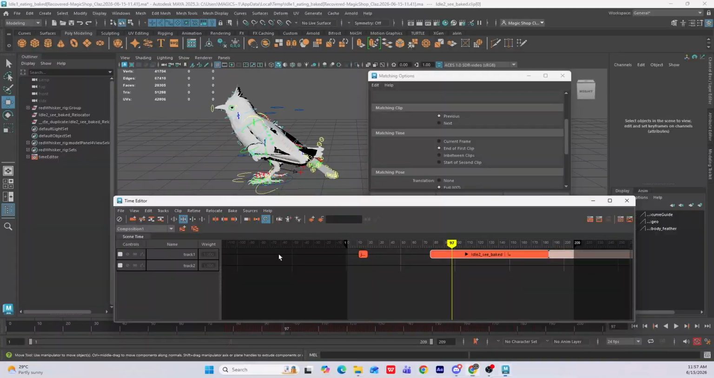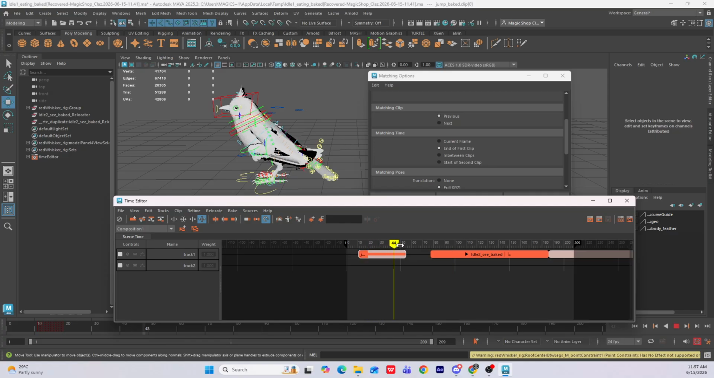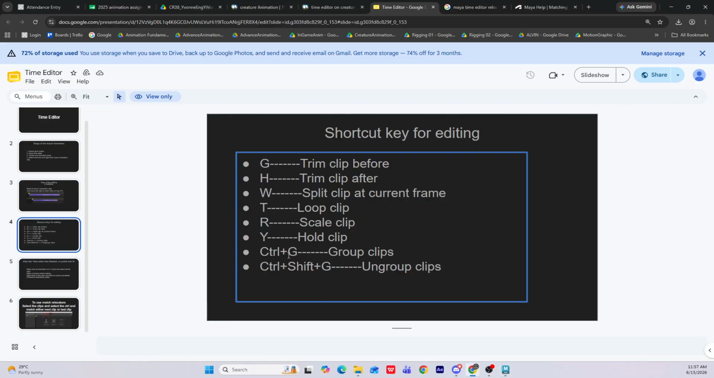Okay, the R is to scale your things. Y is to hold your clip. So when you press the Y, you can see there's an equal sign. When you drag it, you can see there's a line like this. It will just pause the last pose for you. 还会 keep 在你们的最后一个 pose 给你们，可以理解吗？